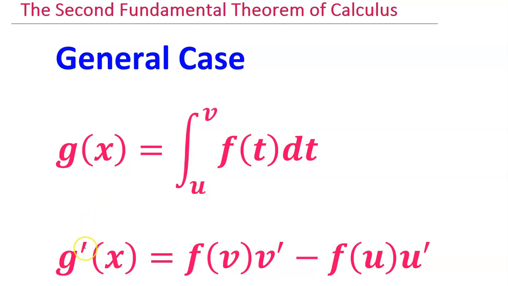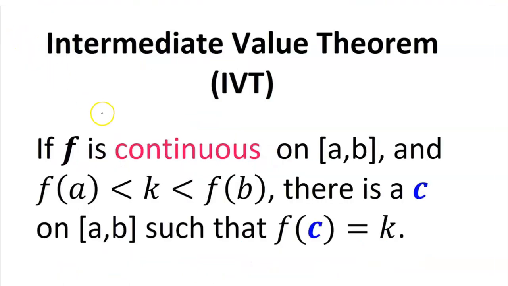To take the derivative of this integral defined function, we end up canceling out the integral, and we have function f at v minus f at u. However, you had to then multiply each term by the derivative of the inner function, reminding us a little bit of the chain rule. In addition to the first fundamental theorem of calculus and the second fundamental theorem of calculus,